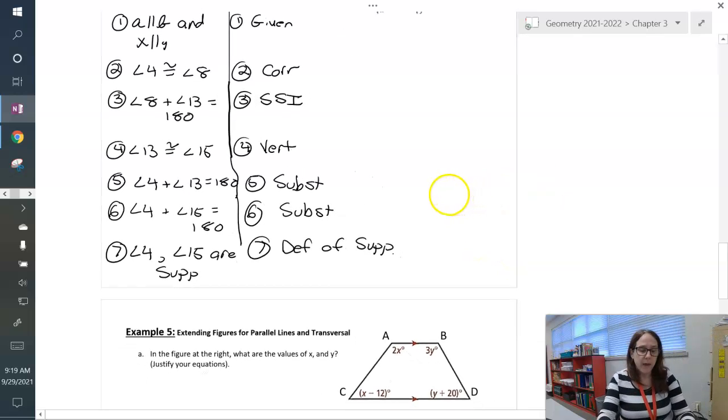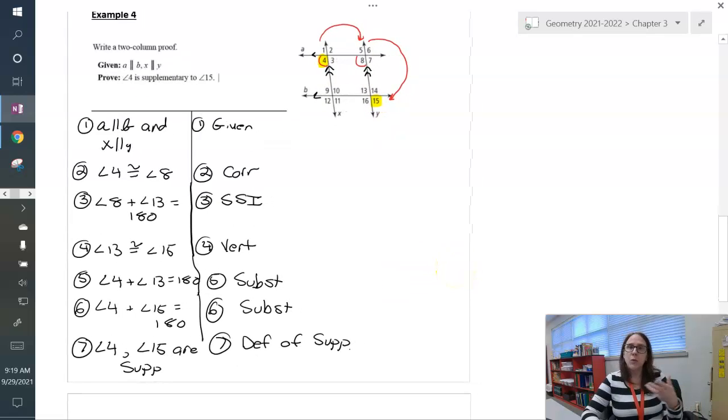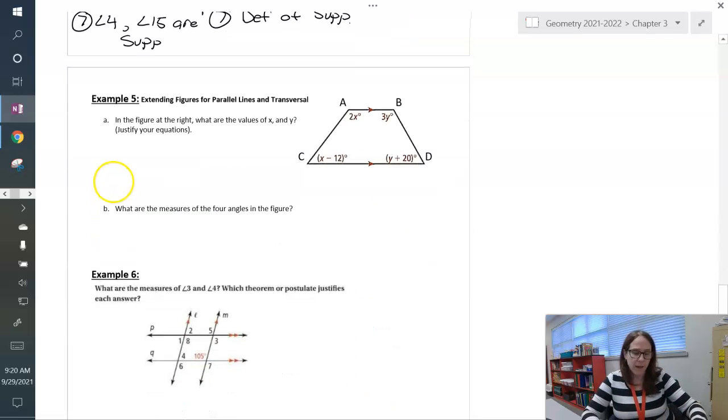There are many ways to do this proof. That was just one way. You could hopscotch across the board going the other way. You could find a way using congruent supplements. Lots and lots of ways to do this proof. All right,